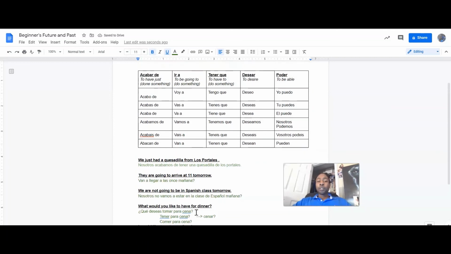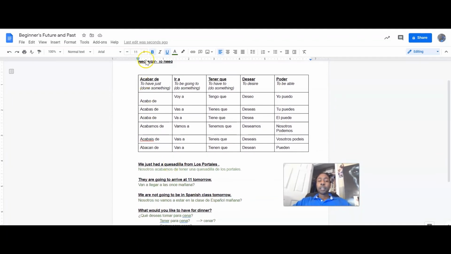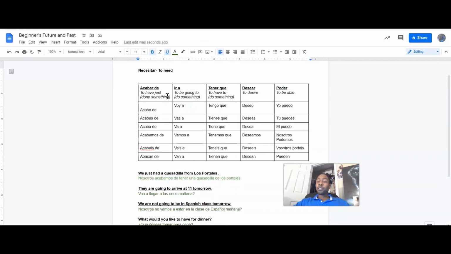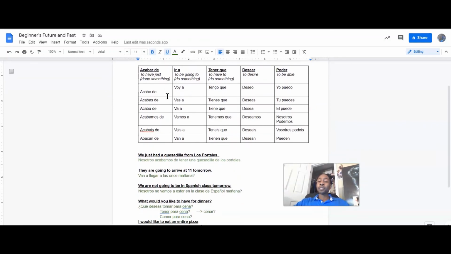So it is really important to notice that the verb that we're conjugating is one of the 5 that I've given you here. Or there are other verbs that could fit here, like necesitar, we learned in a previous video. But the thing that we're trying to do in the future, or that we've just done in the past, remains in the infinitive. So the best way to remember this is that we conjugate for the action that's being taken, not for what we're going to do or just have done. So in our first one, we use acabamos de to show who just did something, but tener or comer or tomar stays in the infinitive unconjugated form.